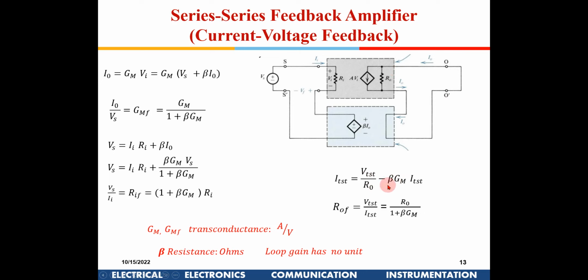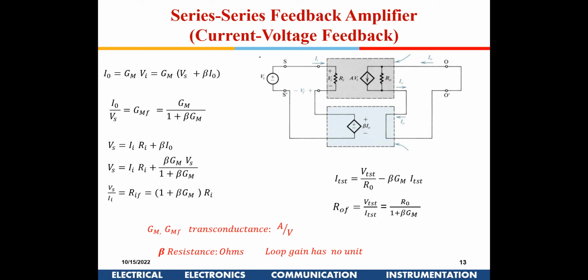If I write those two equations and put Vs equal to 0, then I get this equation. So I will find ROF is V test by I test. I will get it as R0 divided by beta GM. That means my output resistance, here